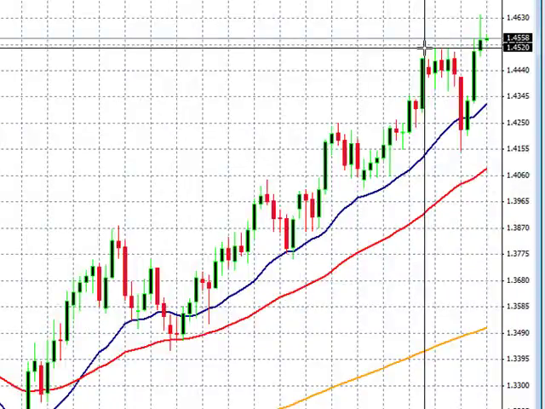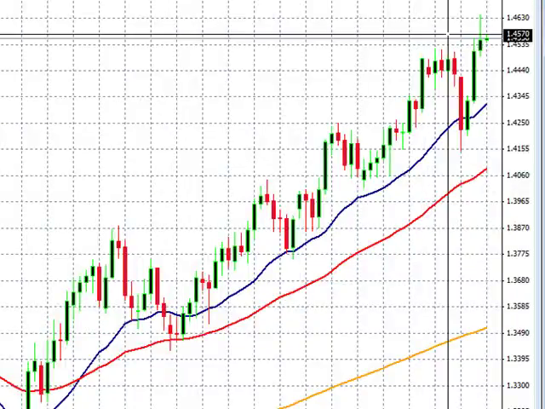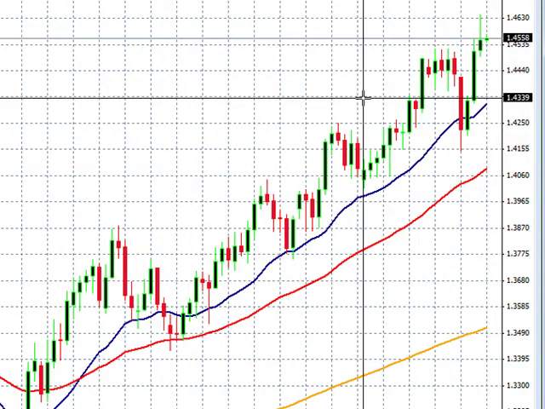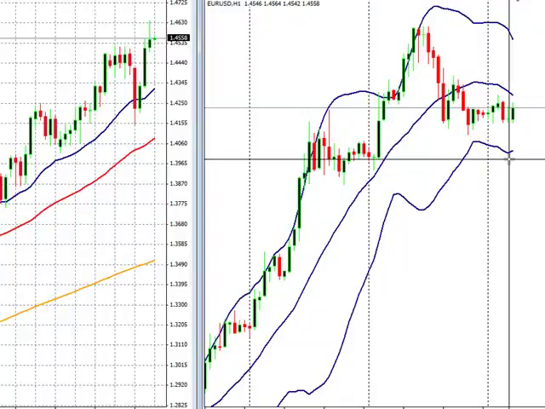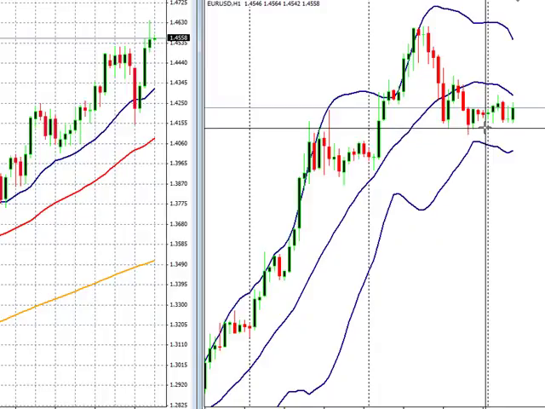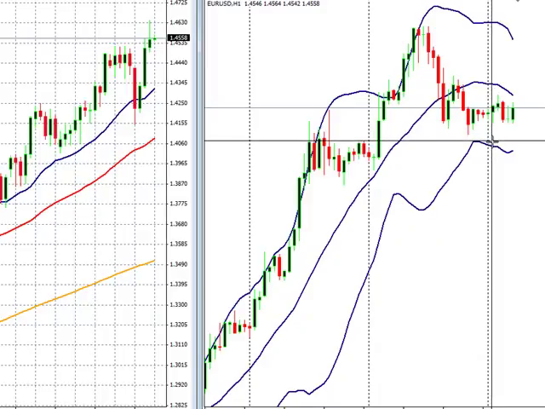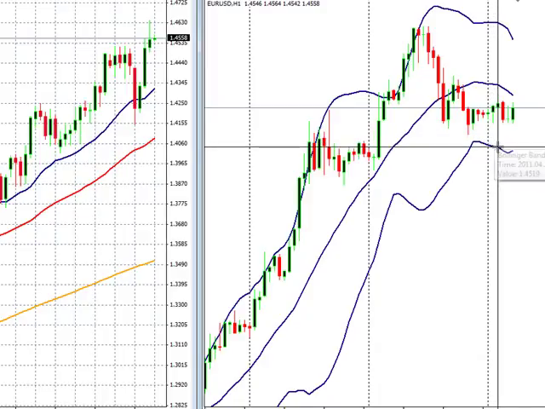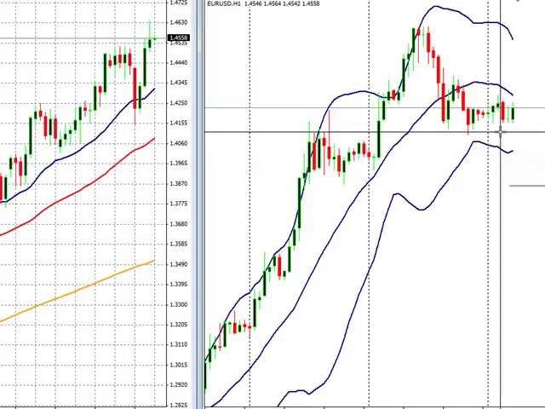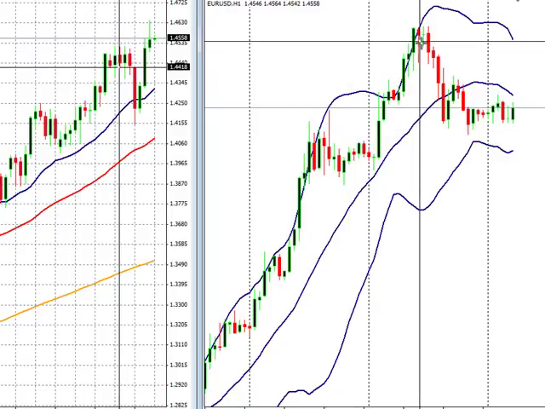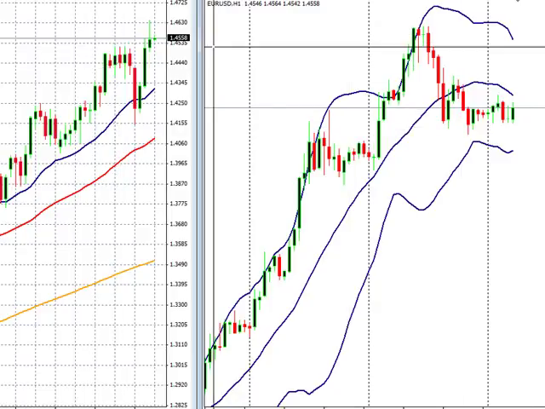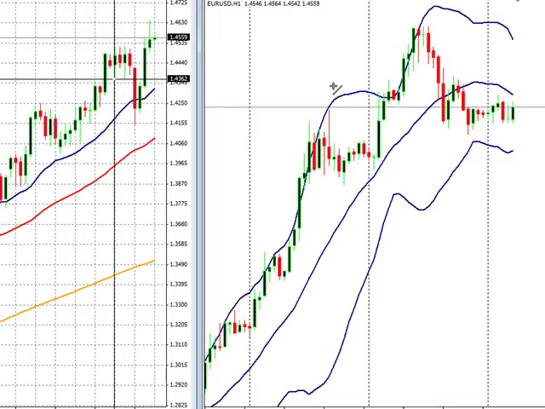So as I come over to the 60-minute chart, we can see that we consolidated for the past hours here, and our bands are starting to pinch. It doesn't qualify for a low volatility trade yet, but it's setting that up. And when we come into that 20, we can see that that's right about where the lower band is anyway. So we certainly want to go ahead and watch that. As we get this pullback and consolidate, one thing we can see that the consolidation has done is the consolidation has broken